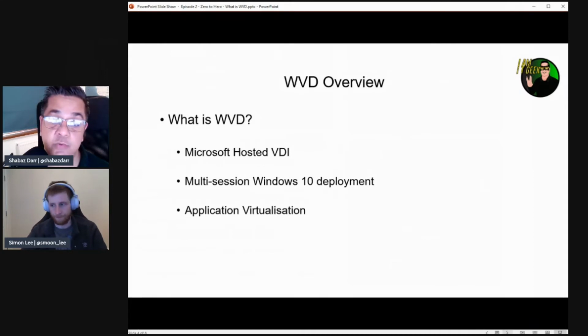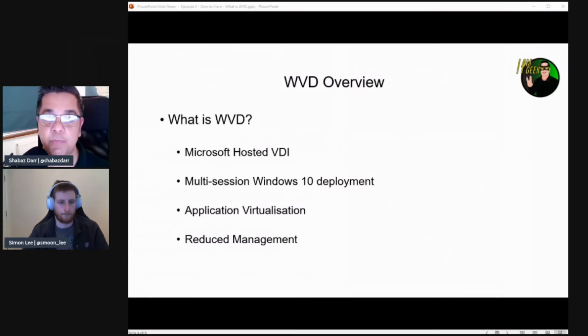Application virtualization as well. Similar to other VDI services, you can virtualize applications with it and publish them. And WVD is no different. There's an episode that we've got dedicated to application deployment, so we'll be looking at that. And finally, reduce management. Now, this isn't a feature or a service as such, but because it's hosted in Microsoft,